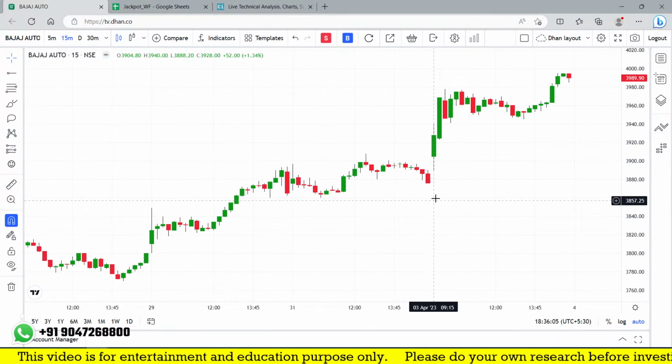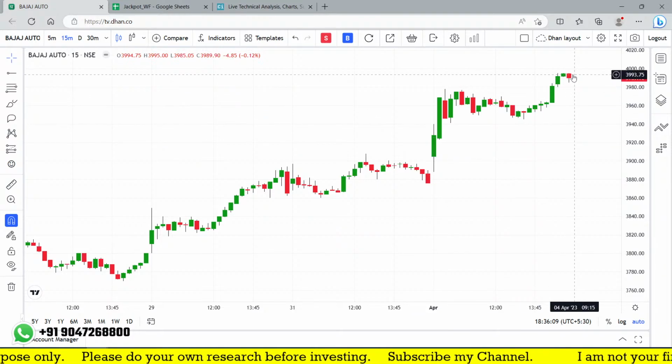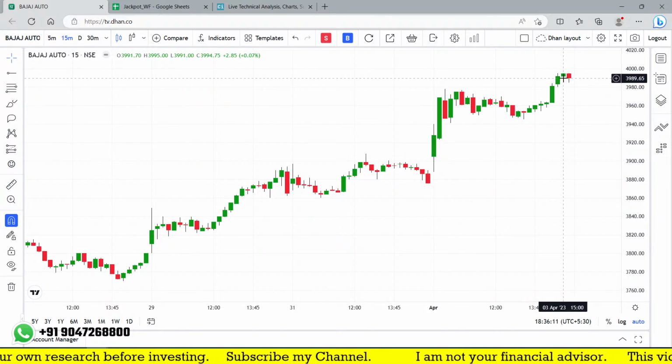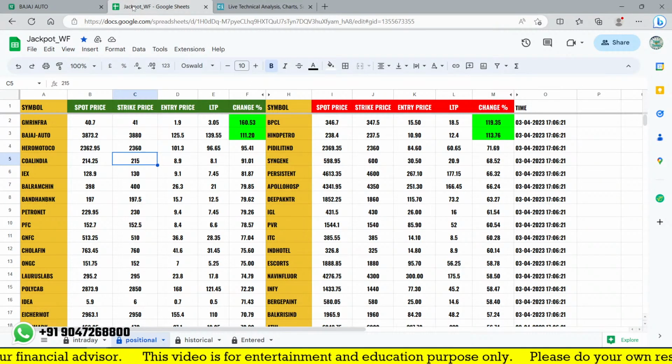Okay, Bajaj Auto, look at this. It started positive and keeps moving higher, and it may be near about 4,000. It's reaching towards 4,000, and maybe a good opportunity. On what should be our strike price is around